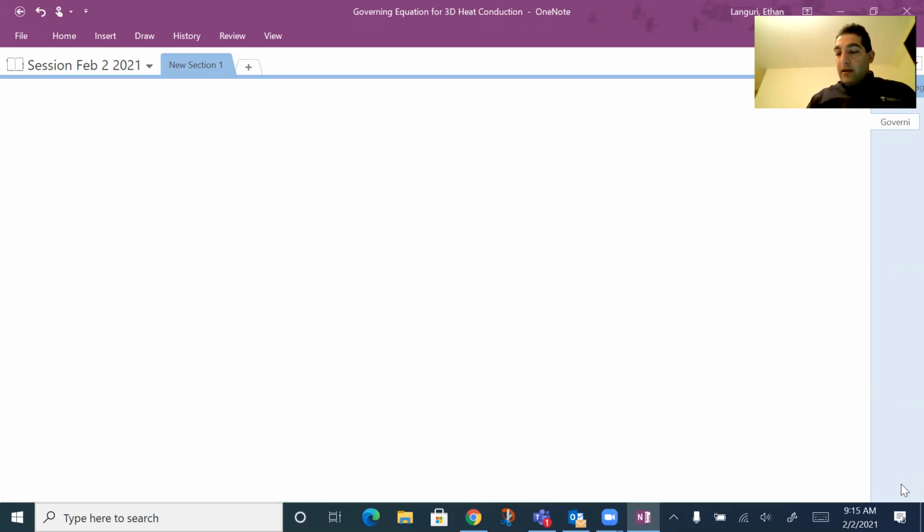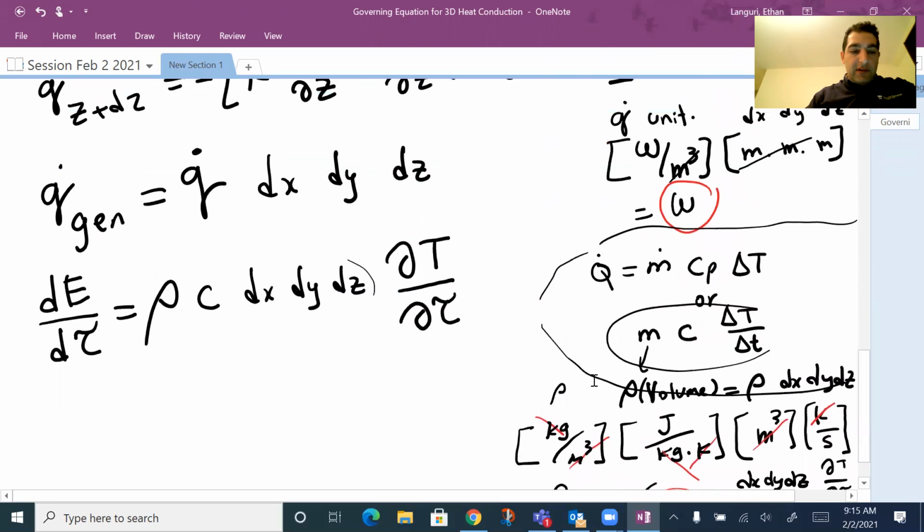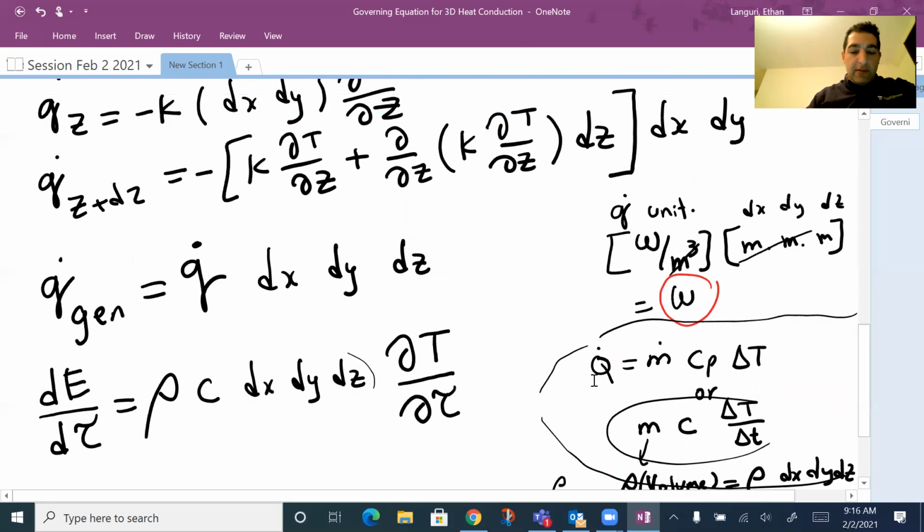If I go back and remember, similar to 1D conduction, you can cancel out a few terms from the right hand side of the equation with the left hand side and simplify your process. But let's go ahead,